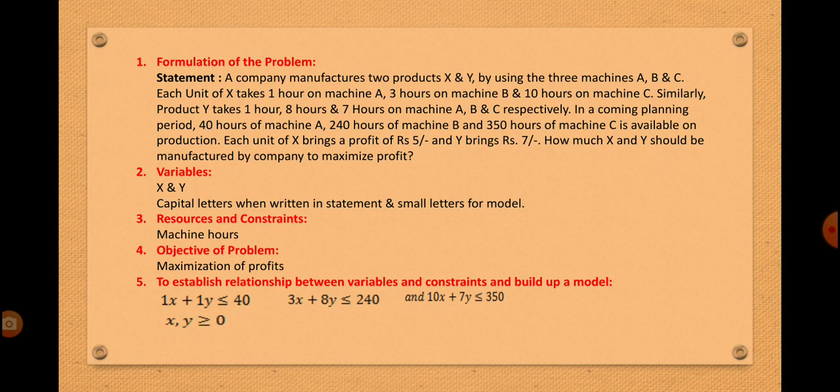After that, we need to identify the possible alternatives from these equations. Now we know that there are various methods of getting solutions. These methods we'll discuss later. For example, let us consider we go on giving various values, positive numbers only, and find the various values of the objective function. Whatever result comes out is our optimal value. As it is a problem of maximization, we need to identify the maximum value.